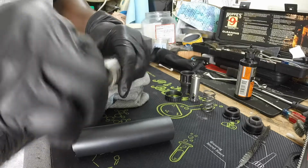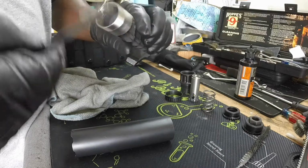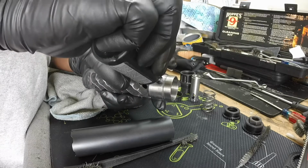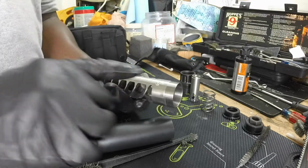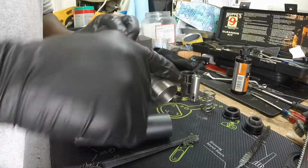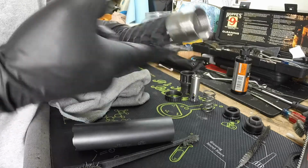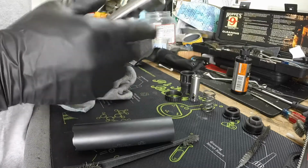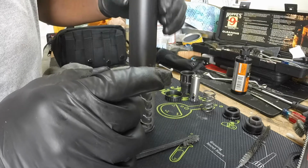And then I'm going to do the same thing on the inside by using the same brush. I'm going to take one drop, put it right here, and one drop right here. I'm just going to rub it in just a little bit like this. Literally just a drop, just to coat it ever so slightly, and then I put the cone back on top,